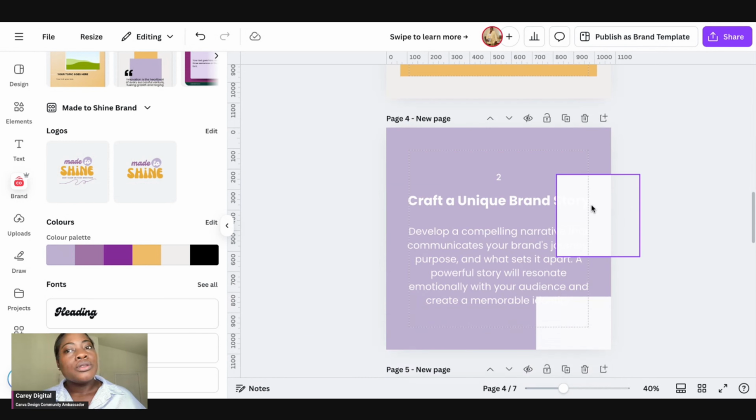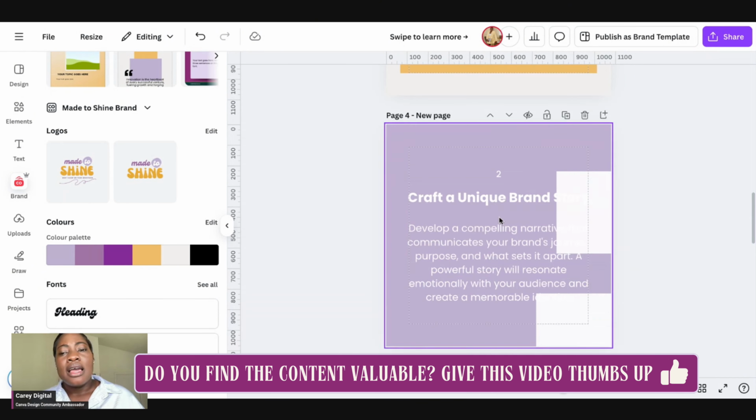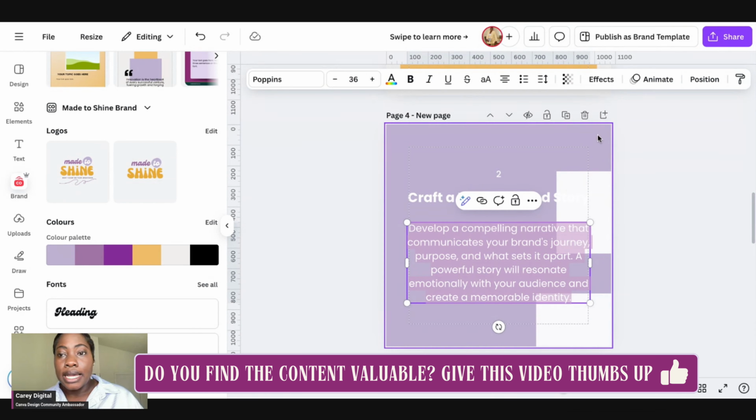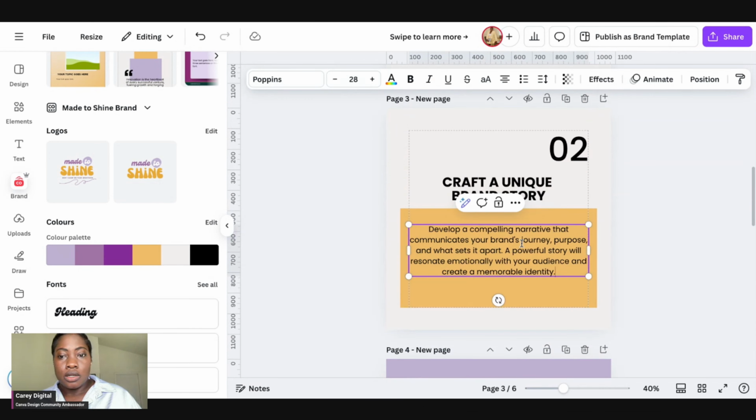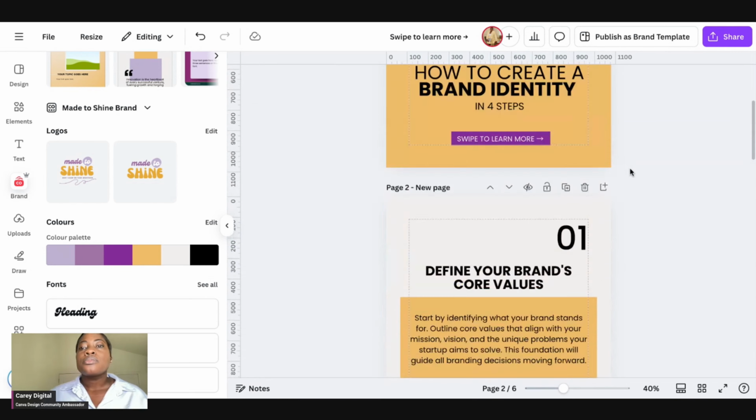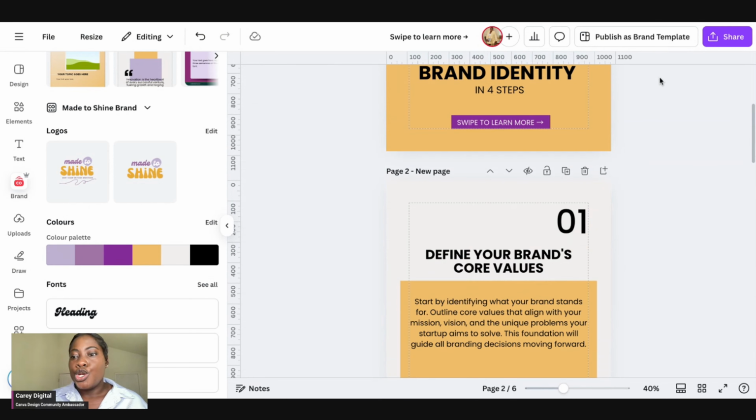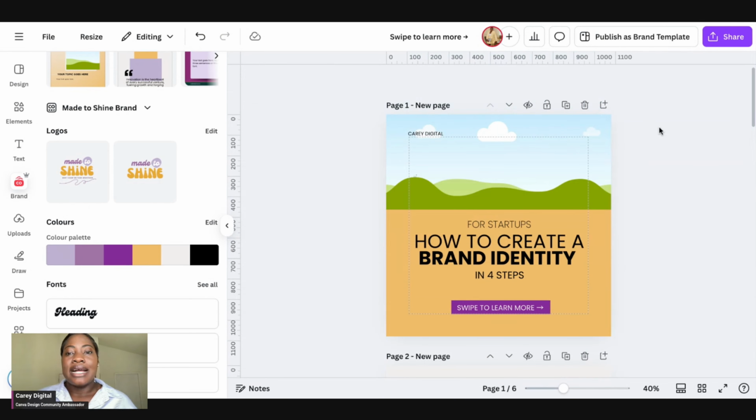You can use Carousel Studio, create your carousels, and save it as a brand template. So the next time you're creating your carousels, you go to your brand template and just update the information. I think that saves so much time. All right, good. So we have this, and now what I was saying earlier is that Carousel Studio creates carousels